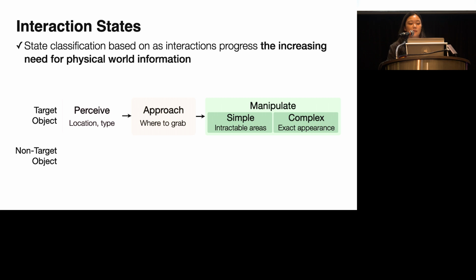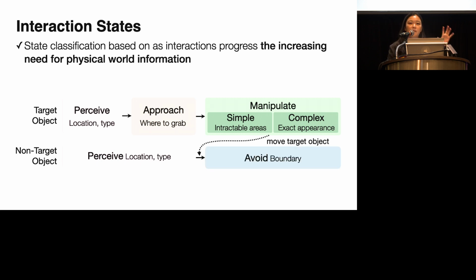For more precise tracking of interaction state, we classify the objects into two types: interaction target and non-target objects. Non-target objects remain in passive state as they are not actively engaged in the interaction. But when the target object moves close to a non-target object, they transition to the avoid state for safe navigation, requiring boundary information. These progressive transitions between states follow the intuitive flow of physical object interaction, thus ensuring a natural cross-reality